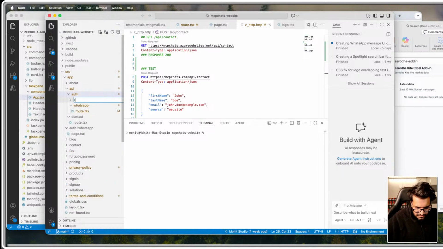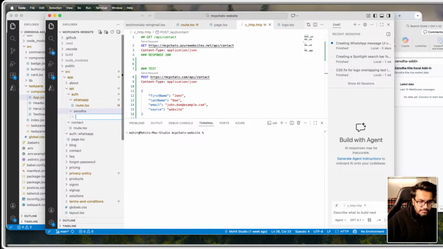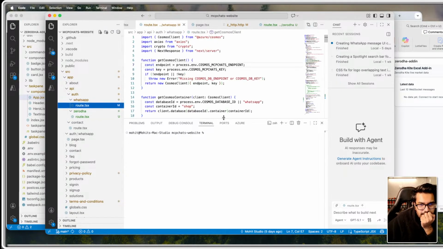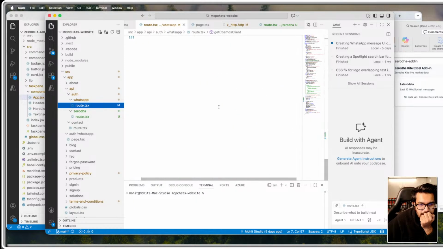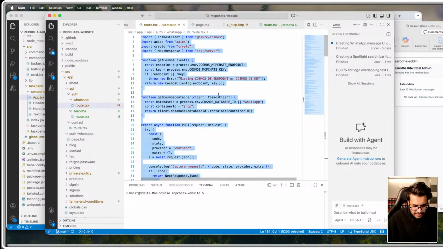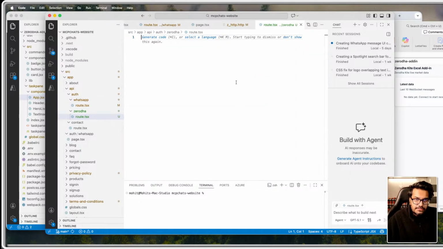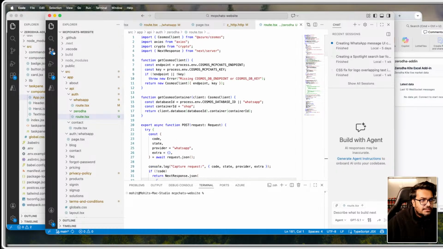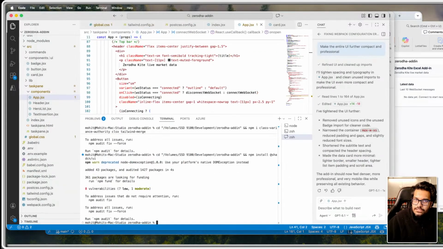I will just put 0 here. I will do one route.tsx. Now this is fine. Okay, let's go here. This is for Facebook or WhatsApp. I will implement a simpler one here. And what we will do is, so I will use